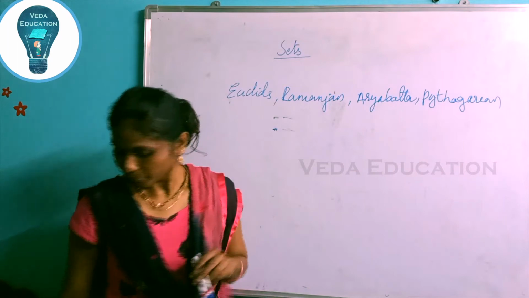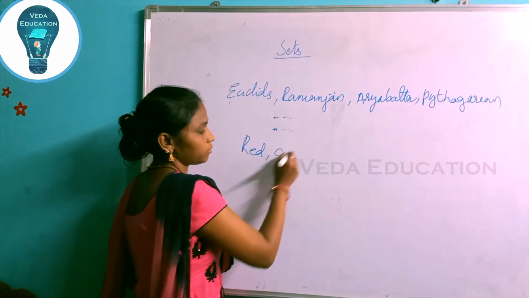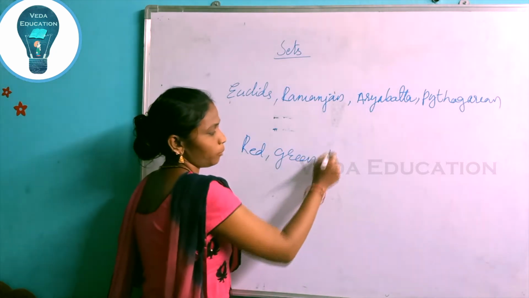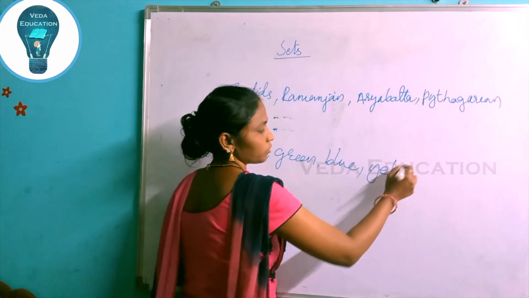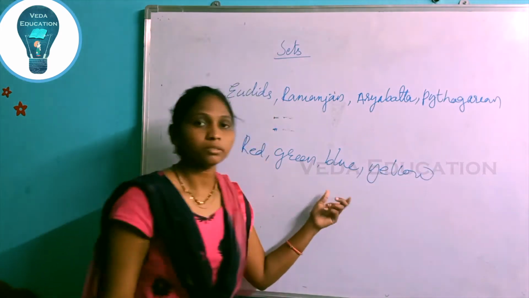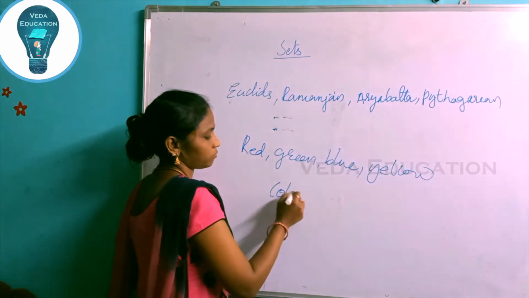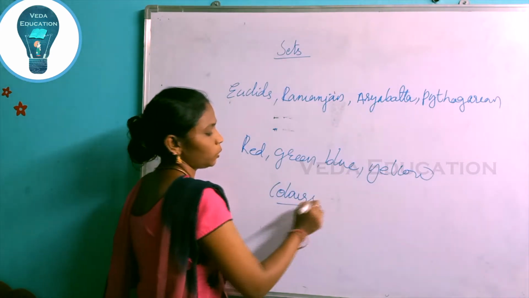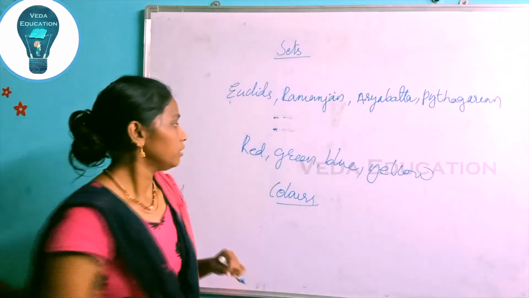See here I am writing red, green, blue, yellow. These names indicate color names. Okay, these are having some property. And the same thing here, 5,